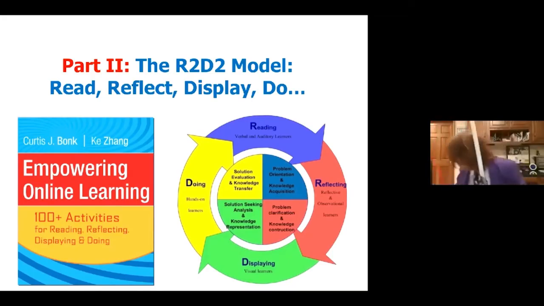So I'll put down my lightsaber so I don't hurt anybody. And this one I'll put over here so I don't hurt anybody. My poor fish almost got killed along the way, but he's back over here. So, you know, when you get into Star Wars mode, you gotta wear your goofy glasses and think about Star Wars. So my publisher, I wanted to call this the R2D2 book, and he didn't like that name, so he changed it to Empowering Online Learning. And I don't like that publisher anymore, so I use a different one now.